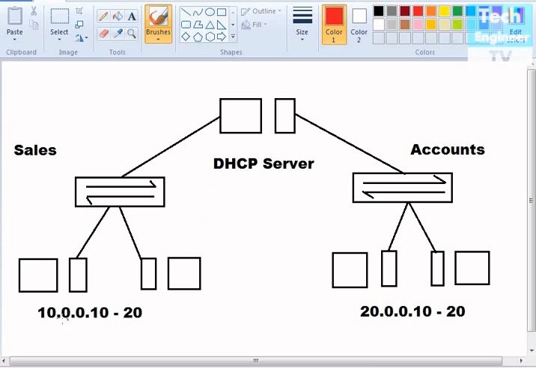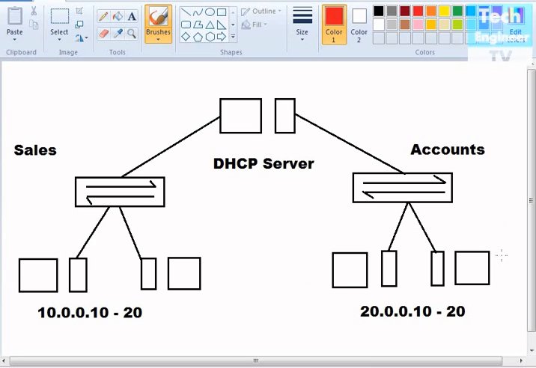So whenever an account user tries to get an IP address, it will get an IP address of the 20 series. So sales will be divided, account will be divided, and such a thing is implemented in big networks